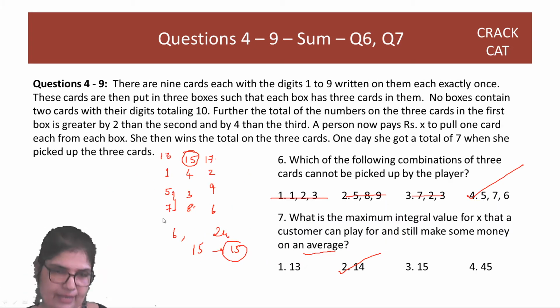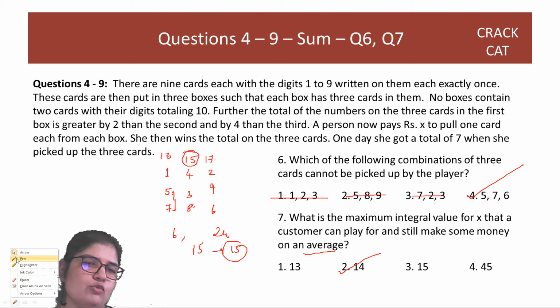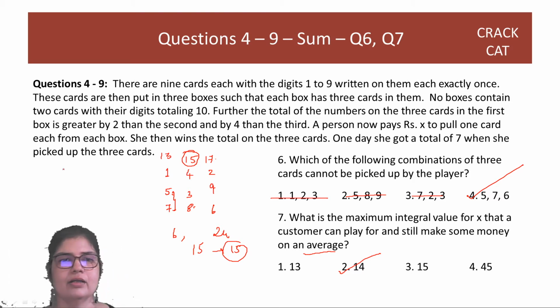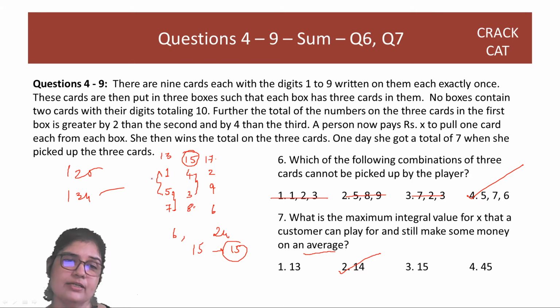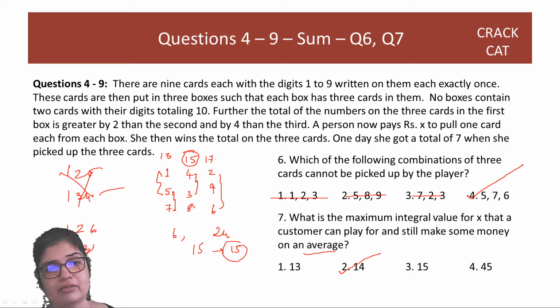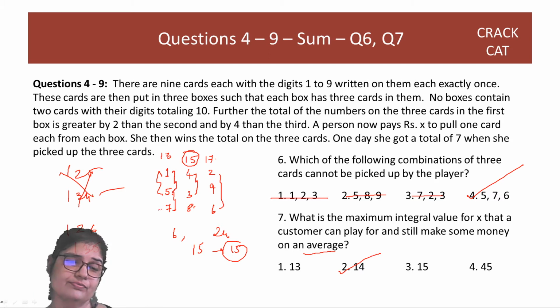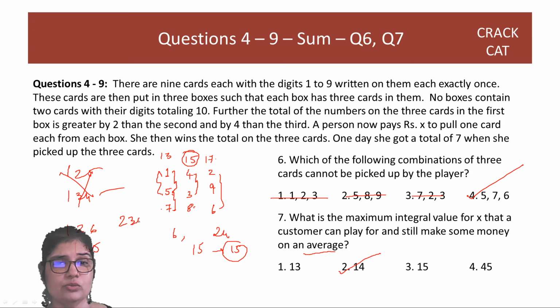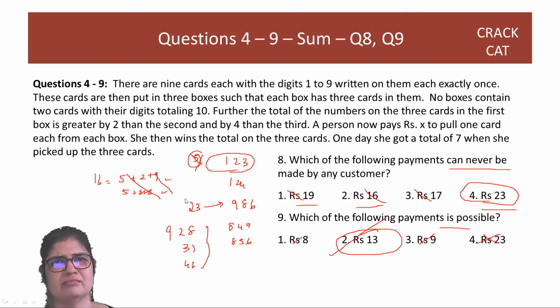How can you get 8, guys? 8 is possible with 1, 2, 5. Okay. 8 is possible with 1, 2, 5, but 1 and 5 are together. Not possible. 8 is also possible with 1, 3, 4, but 3 and 4 are together. So 8 is not possible. How can we get 9? With 1, I can get 9 with 2 and 6, but 2 and 6 are together. I can get 9 with 3 and 5 also, but 1 and 5 are together. I can also get 9 without a 1 with 2, 3, 4, but 3 and 4 are together. But itna sab kyun, why are we doing, right? You should mark 13 and move on.